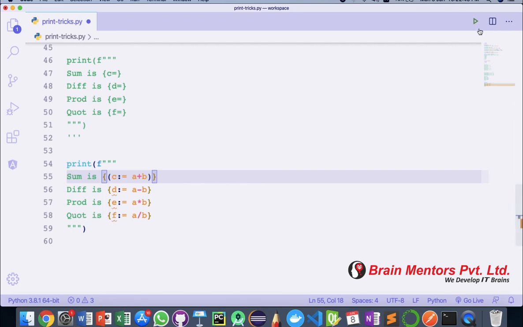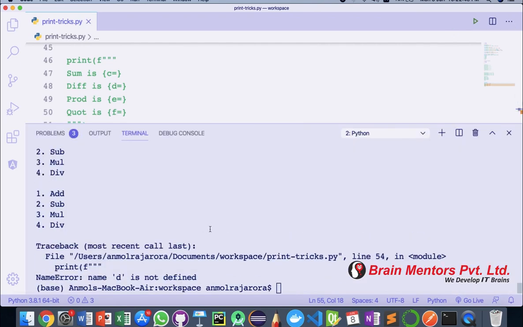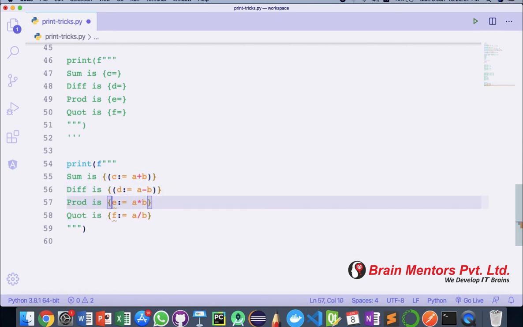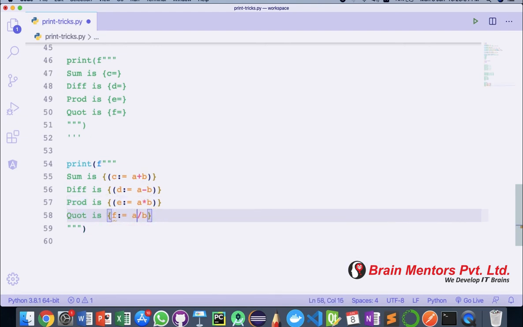For C, let me just see if it's working perfectly or not. No, it's still checking for the syntax errors. Now it's okay. So it's only because of the brackets it's not able to judge something out. Again, the problem is with linter, so I can just put brackets here to take care of that error. So I've just put brackets here so that this particular thing is evaluated first.